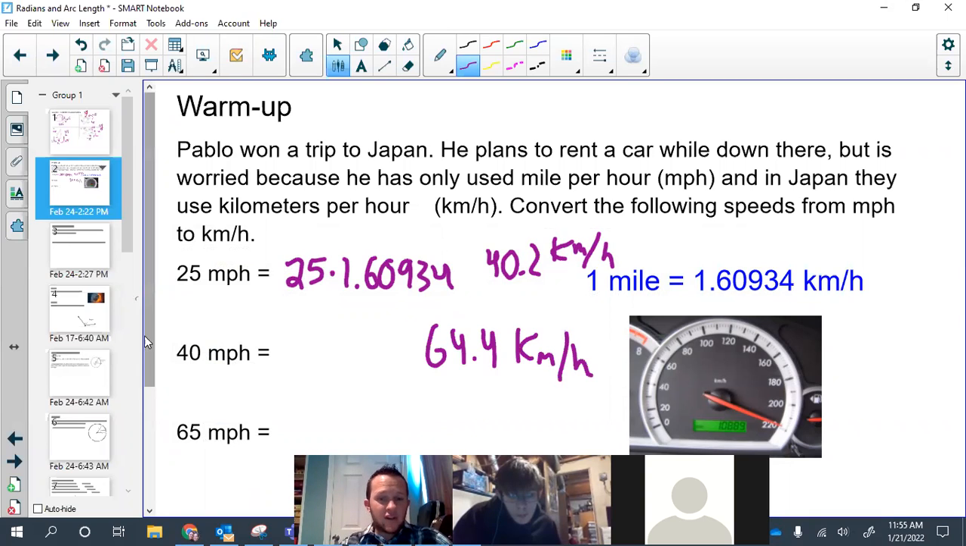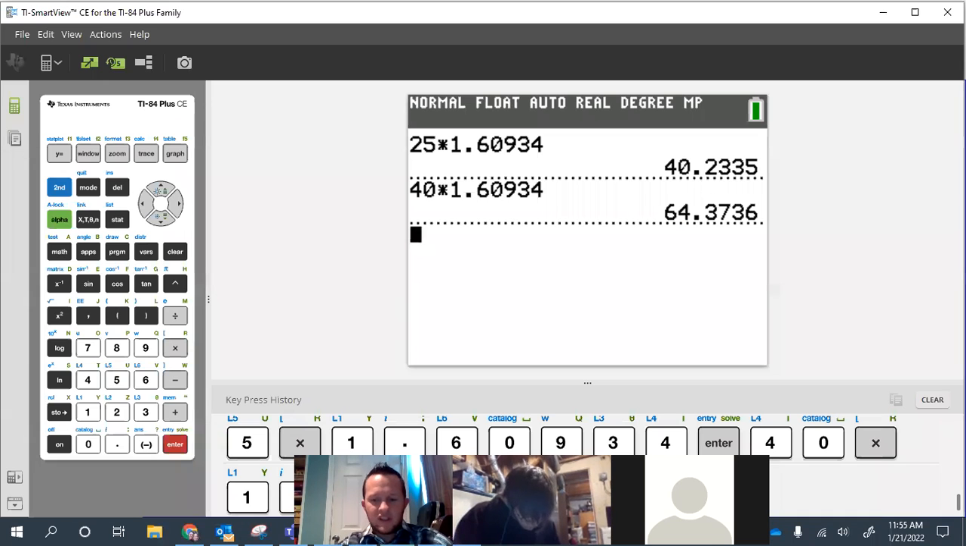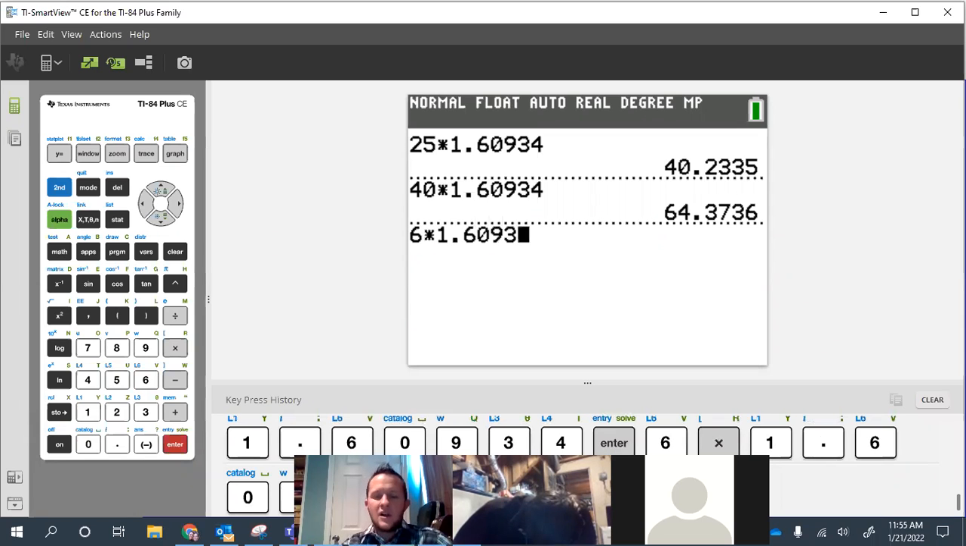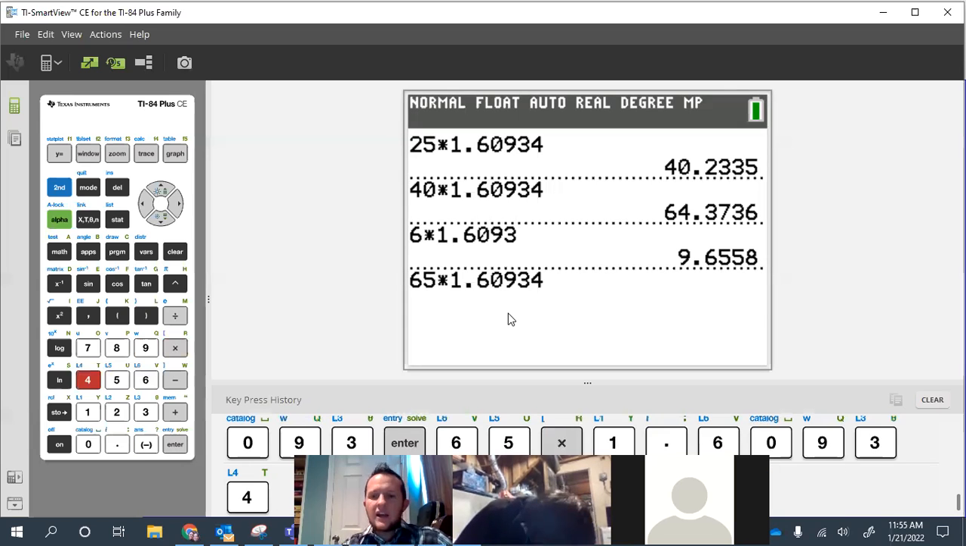Well, what about if you get on the freeway? 65 miles per hour is usually what we're used to doing on the freeway. What would that be in kilometers per hour? Let's just do 65 times 1.60934. Oh, I put that in wrong. I only put 6. Silly Solberg. Okay, and that gives me, did I put that in right? 1.60934 times 65. I get